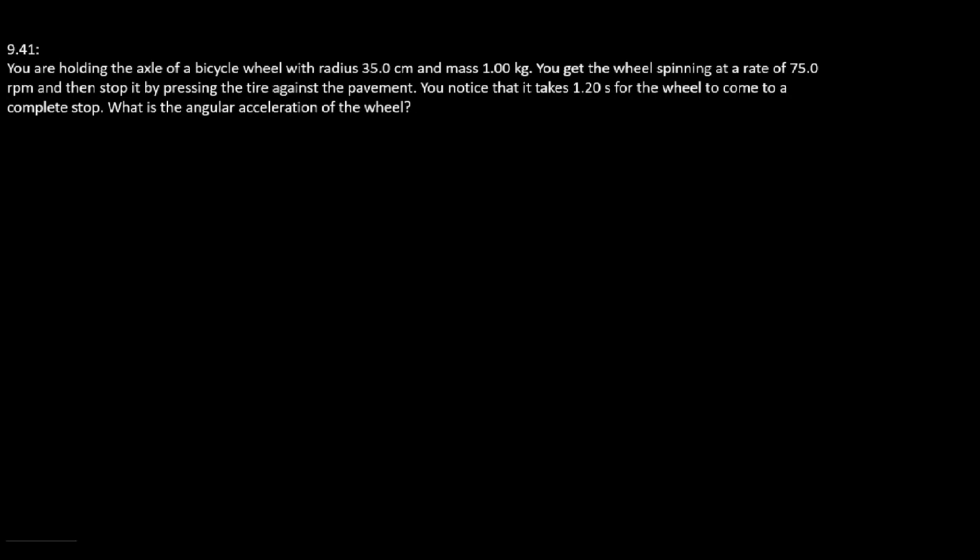In this video, we are going to learn how to calculate angular acceleration of an object which is in circular motion. The question says, you are holding the axle of a bicycle wheel with a radius of 35 centimeter and mass 1 kilogram. You get the wheel spinning at a rate of 75.0 revolution per minute